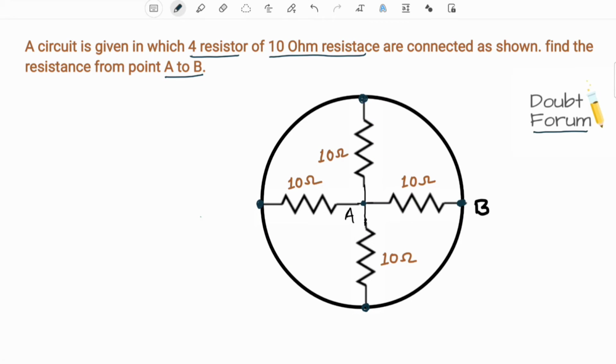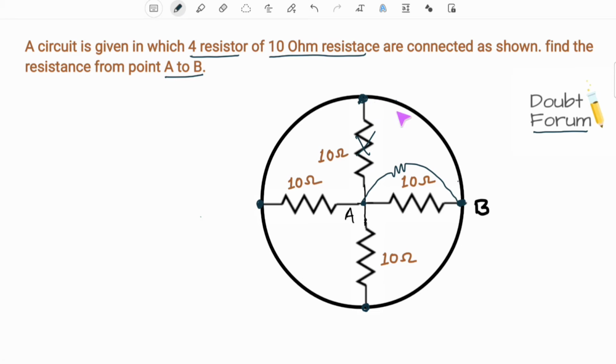So we can connect this resistor here, here, here, or here. This will make no difference. Similarly, we can connect this other resistor here, here, here, or here. This will not make any difference. Similarly with this point. Suppose in place of connecting this resistor here, we can replace this and connect it like this.